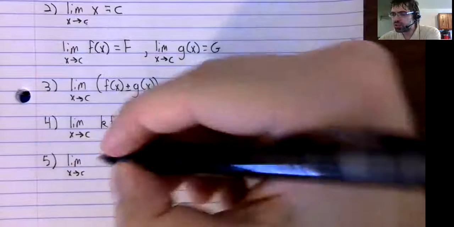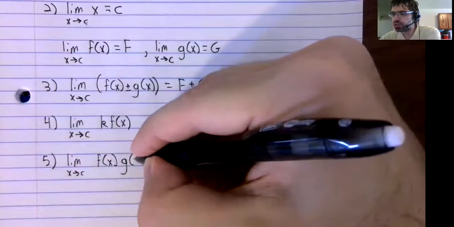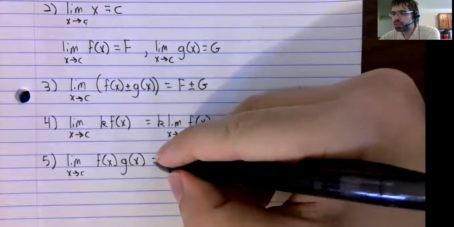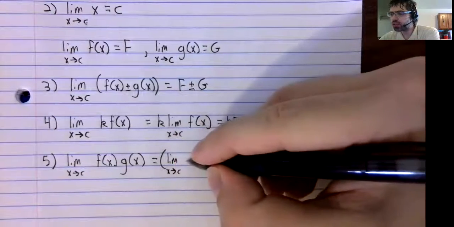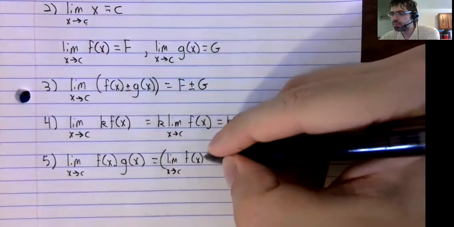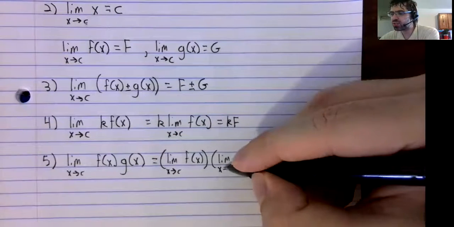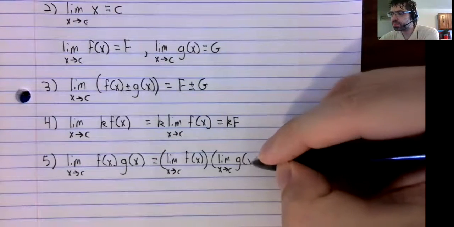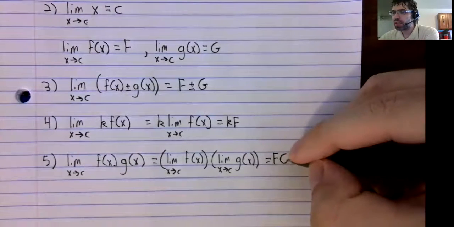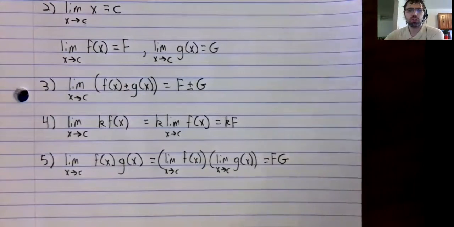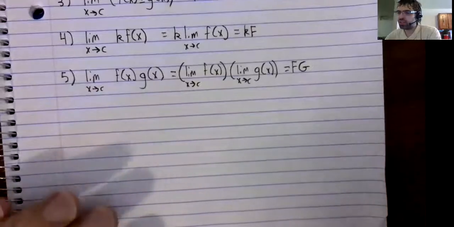The limit of a product is the product of the limits. And we have a similar result for division,